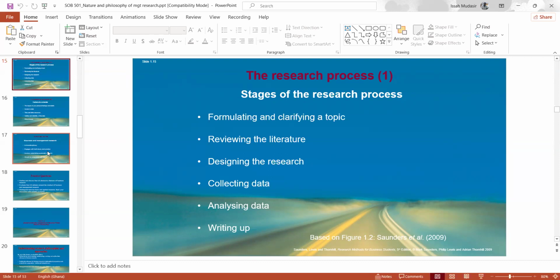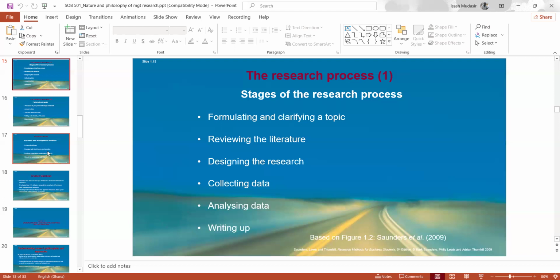In research, the starting point is to define a topic or your problem. What do you want to investigate? So the topic has to be clear. So one of the things that you do with your supervisor is to ensure that the research topic you want to use for your term paper or dissertation is clear. Okay? So later on, we'll talk about the characteristics of a research topic.